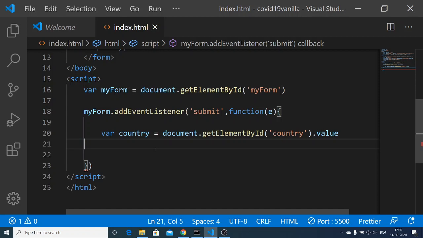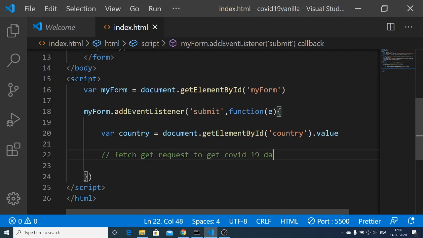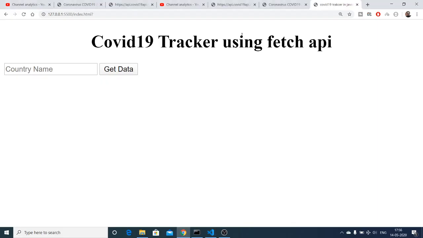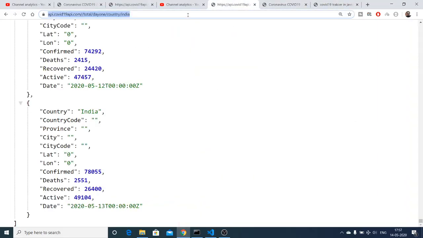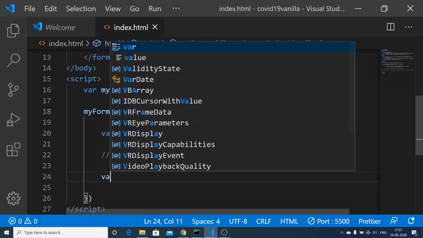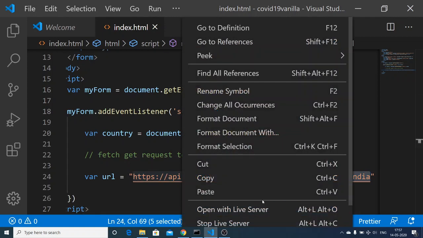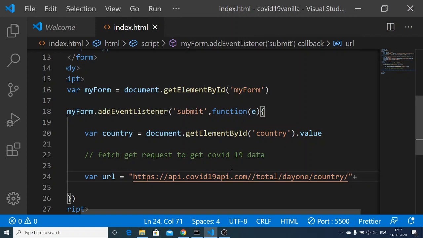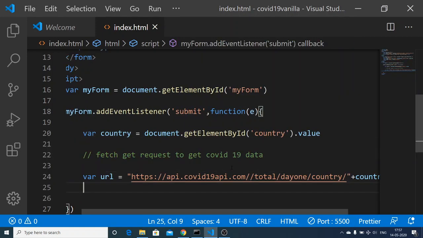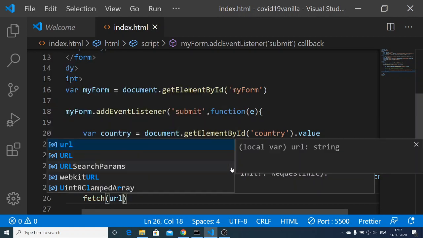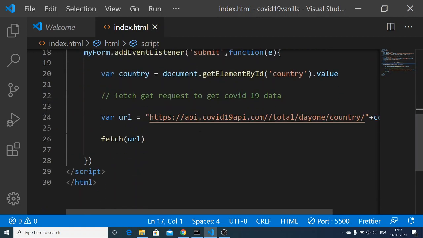Now what we want to do is make a simple fetch GET request to get the COVID-19 data. For this we will be making a GET request to this URL. Let me copy it. Make a URL variable and paste it here. Here you need to specify the country name. So I will delete this India, which is static, and make it dynamic to whatever country is provided. That's it. Now we will make this a fetch call, pass this URL, and we need to get the data